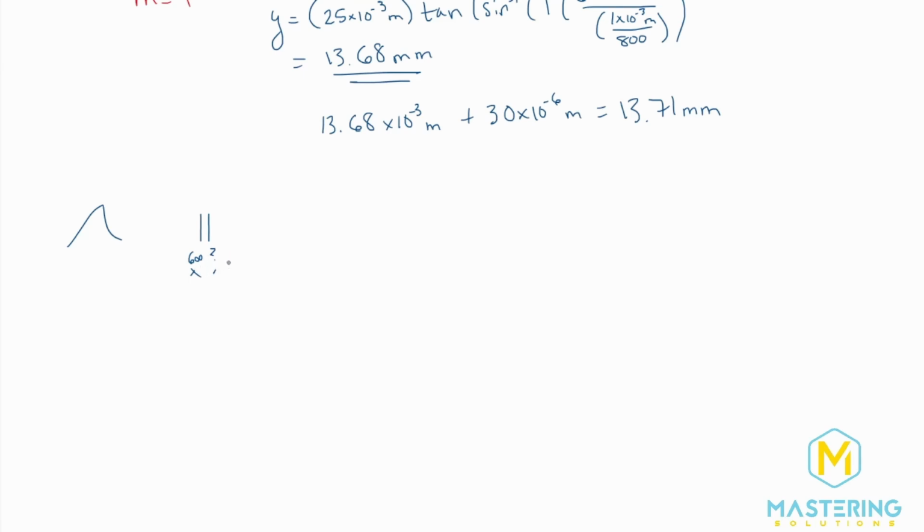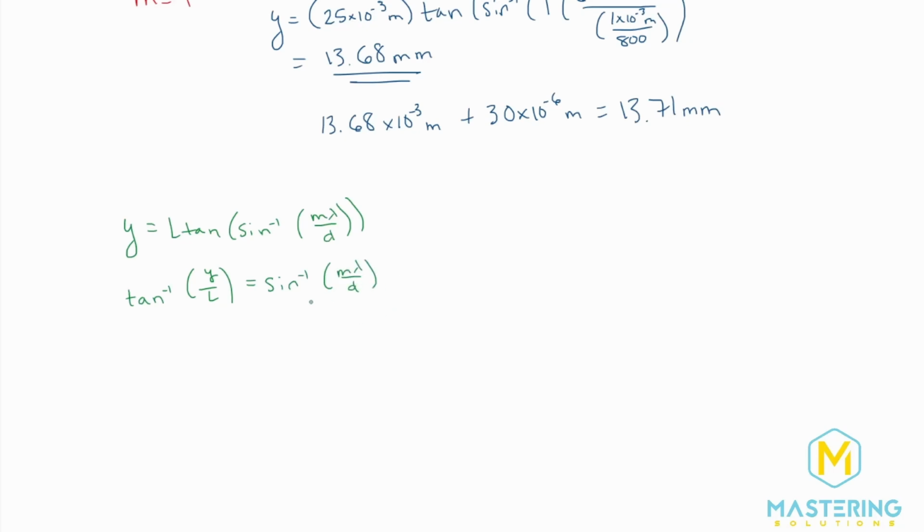So now we're going to take the exact same equation that we just found, and we have to rearrange it to solve for lambda. So let's rewrite the equation. So we have y is equal to L times the tangent times the inverse sine m lambda over d. So we want to solve it for lambda. So first let's divide both sides by L and then take the inverse tangent. So we have inverse tangent of y over L is equal to the inverse sine of m lambda over d.